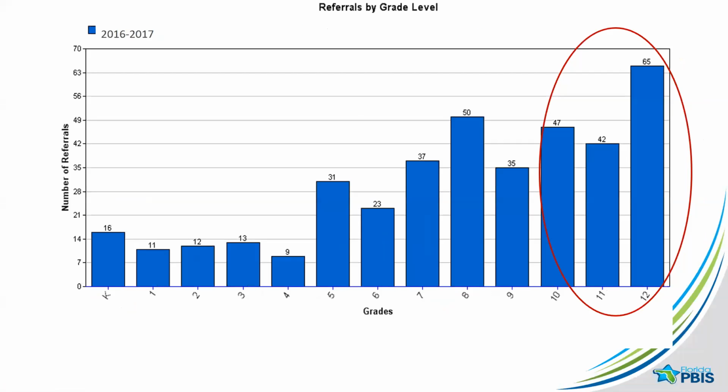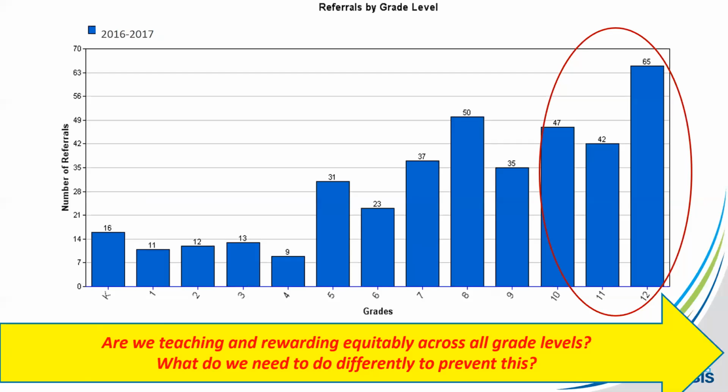Another focus that we could do is to look at the grade levels. Now, obviously, we don't have schools that are K through 12 typically, but knowing the grade levels you have for your school, we could look to see, do we want to prioritize a particular grade level that's demonstrating a higher amount of referrals that contributes to our total amount?